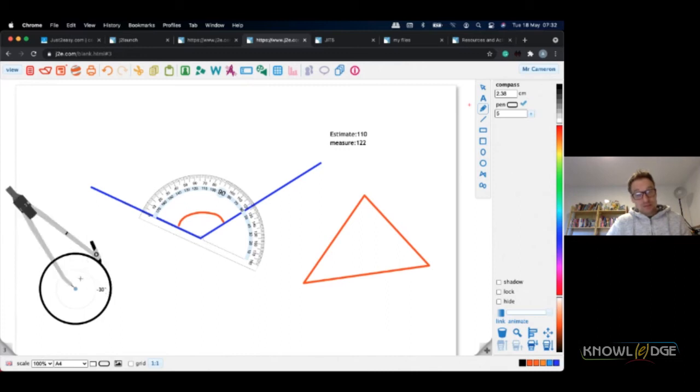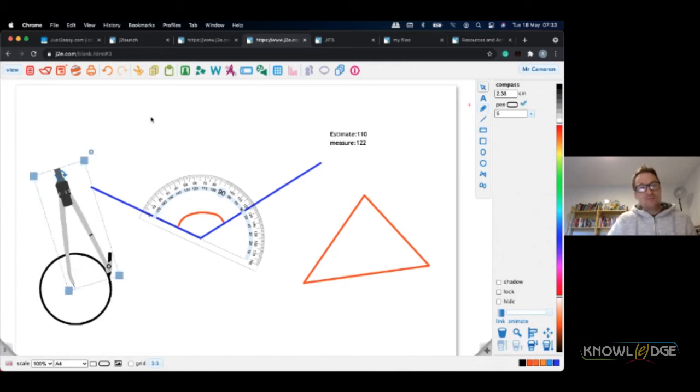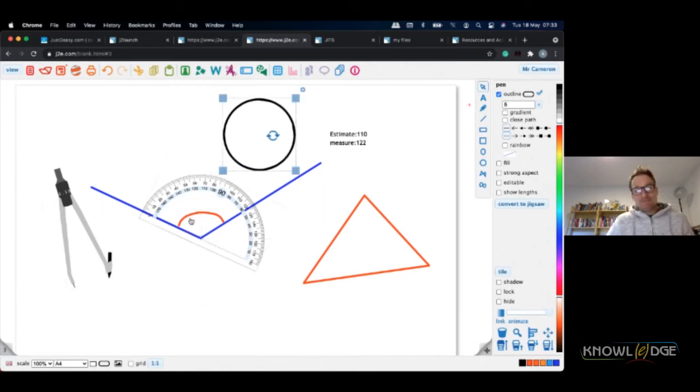You'll see that it also goes through the degrees. If you hold your cursor close, and if you move it further away, you can go individual units to build your circle. And then I've drawn the circle, and I can put it anywhere else I want on the page.